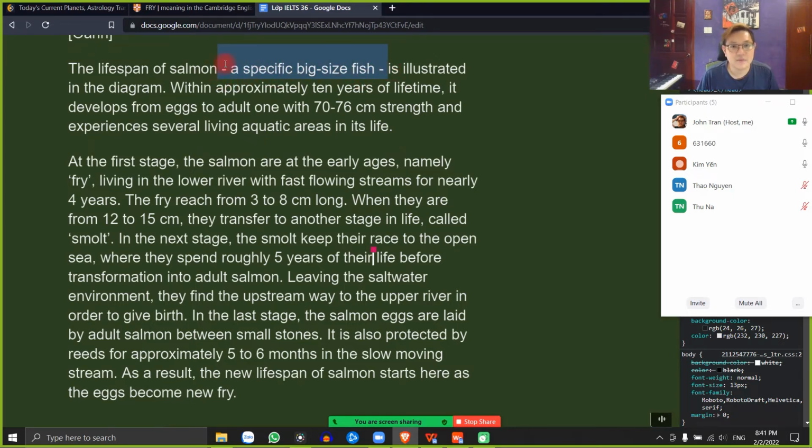Nó làm nhiệm vụ gì? Cái khúc này nó sẽ là giải thích, dùng để giải thích một cái gì đó một cách dễ hiểu hơn. If you have a hyphen without the space before and after, then it acts as a part of a compound adjective, you know, to give information about a noun. Nếu mà cái dấu gạch ngang mà nó không có cái khoảng cách ở trước và đằng sau thì nó sẽ làm một phần của cái tính từ ghép để mà bổ nghĩa cho một cái danh từ nào đó. Like for example, eco-friendly. Okay, it's illustrated in diagram between.